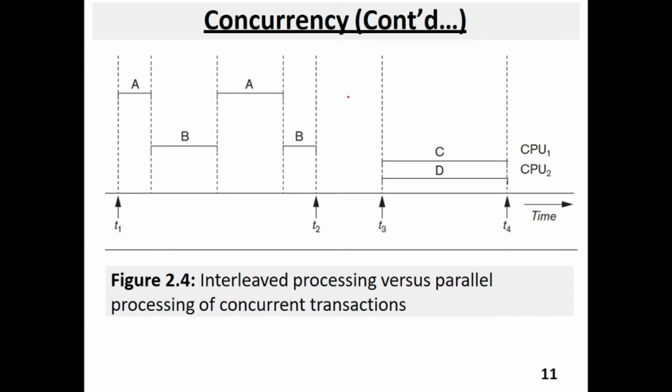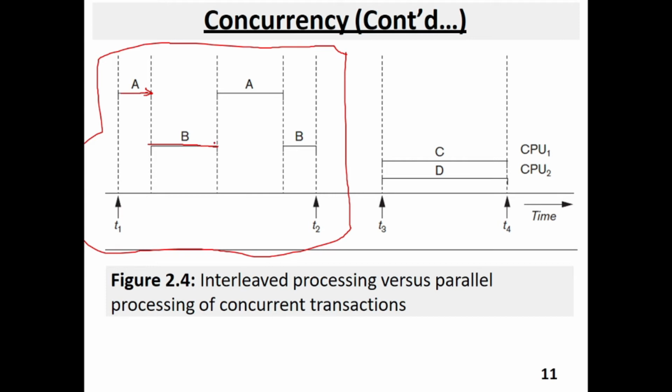This is looks like the parallel interleaved processing diagrammatically. This is the interleaved. Process A starts the transaction and pause here, and another transaction B, item B is started or initiated here and pause here, and start again item A or transaction A here and pause here, and again transaction B or item B is start and initiate their transaction here. This way is, we call it interleaved